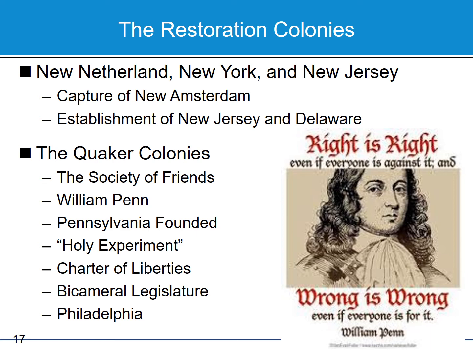But it actually worked very well. And people from all over Europe, not just from Great Britain, but all over Europe, began to migrate to the Pennsylvania colony. Penn also established a bicameral legislature, which is a legislative body that has two houses, which of course has become the model for the American legislative system. The capital of Pennsylvania was Philadelphia, and this holy experiment that people had made so much fun of actually worked